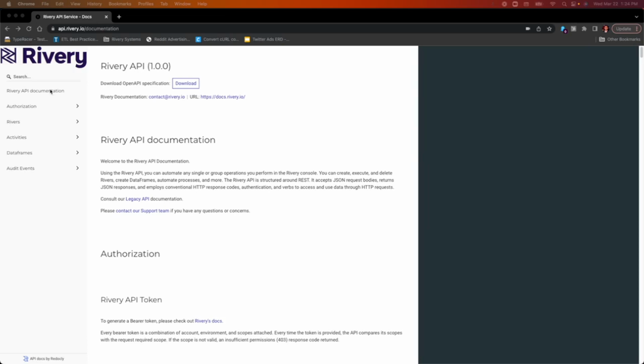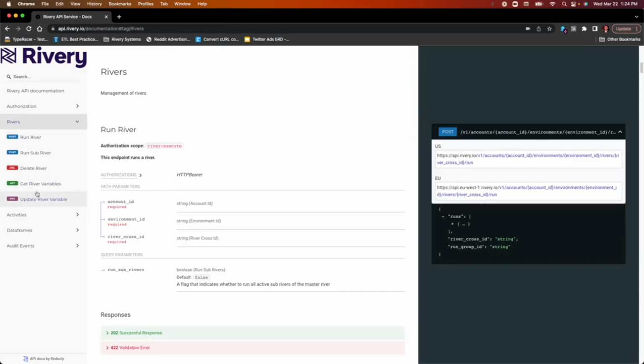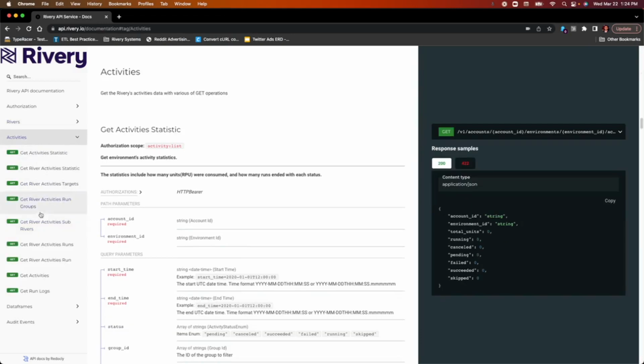The Rivery API offers extensible functionality, allowing for certain use cases such as embedding Rivery functionality into third-party tools, and also performing processes that log and archive certain activities in a Rivery account and save them to a database or other third-party logging tool. Some of the endpoints that are available are endpoints that allow you to interact with rivers,